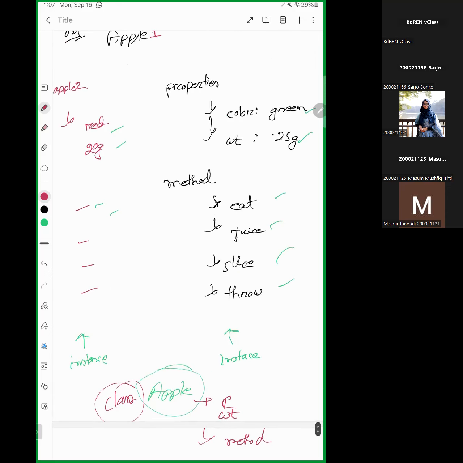Just like your list, you can create an instance, you can create a small list, large list, many